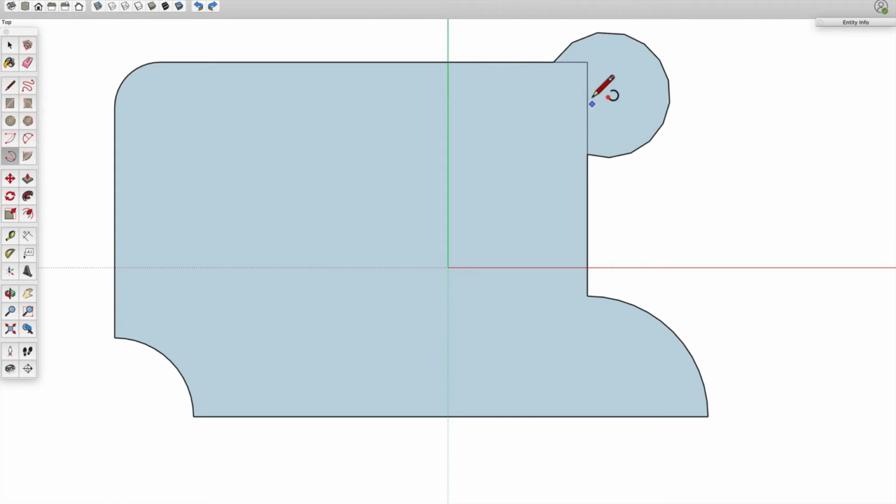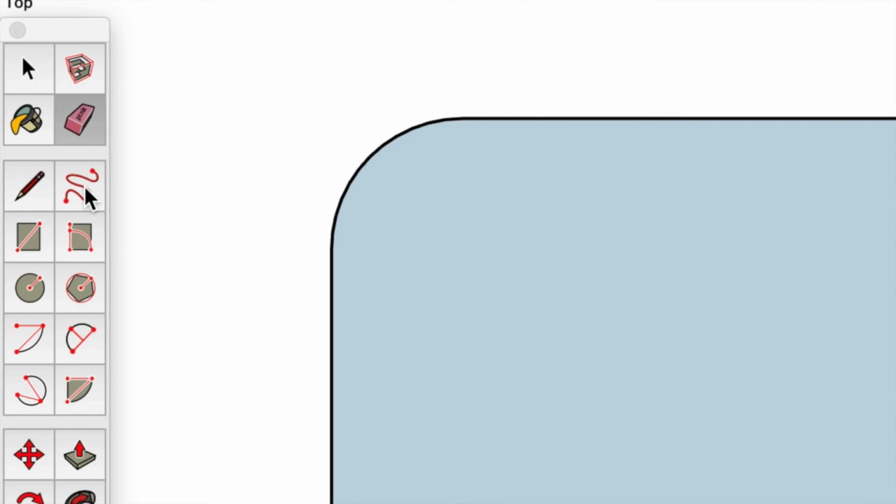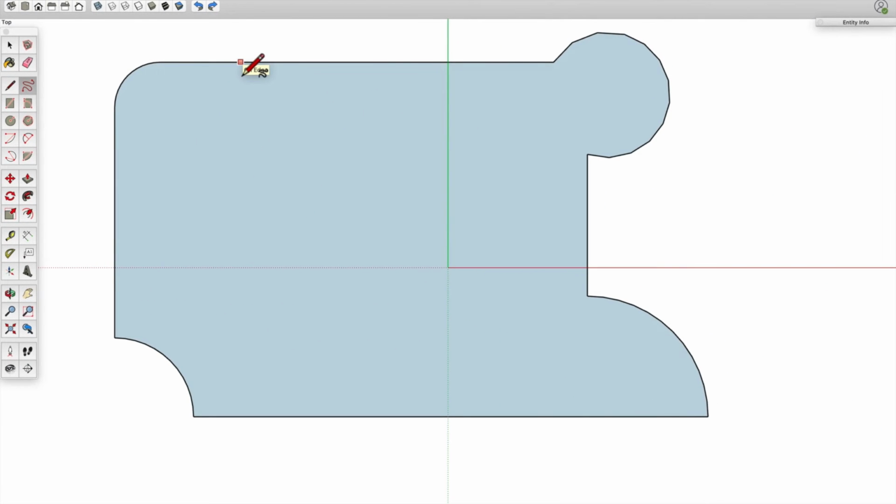Now we have 2 edges that we have to get rid of. Press E for the eraser tool. And go ahead and click on this edge here to erase it, and this edge here to erase it. So in this way, we've used the arc tools to add some geometry on the right and to subtract some geometry on the left. Let's take the freehand line tool, and I want you to click anywhere along the top edge and drag. Remember, you have to hold down on your mouse button and drag squiggly around, and then make sure you end at the edge over on the right here. Again, this will be something where we're subtracting geometry, so press E for your eraser tool, and let's erase away